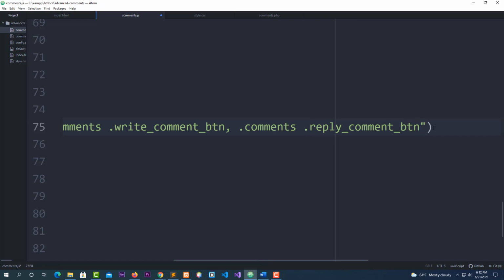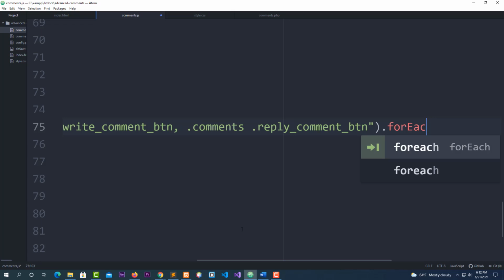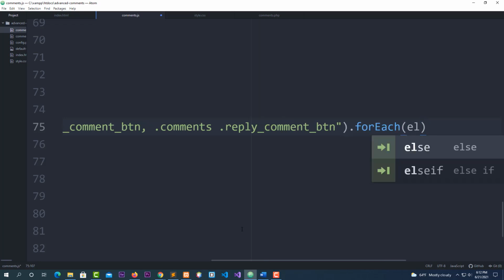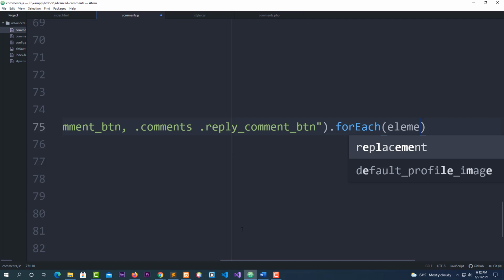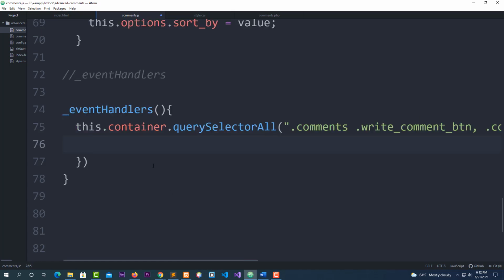I want you to go after the closing parenthesis here and put a period. I name it like that. And then forEach, I'm going to say forEach, parenthesis, element. Inside of this parentheses, put a bracket and bring it down. Now, here is where we are going to pass